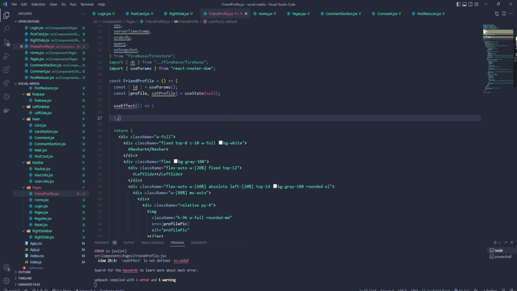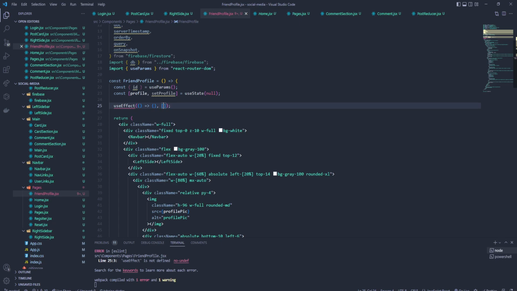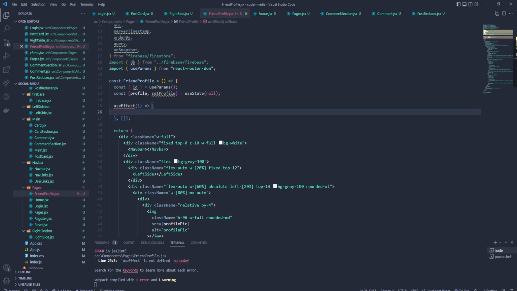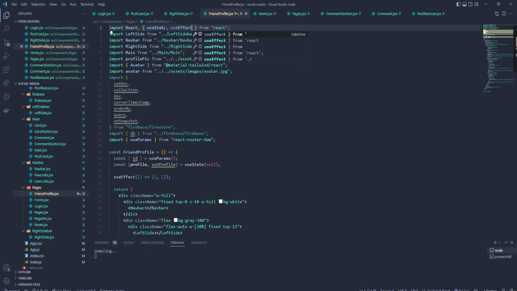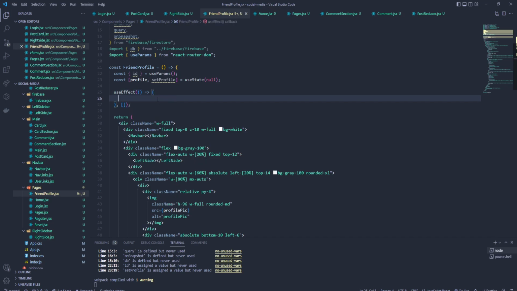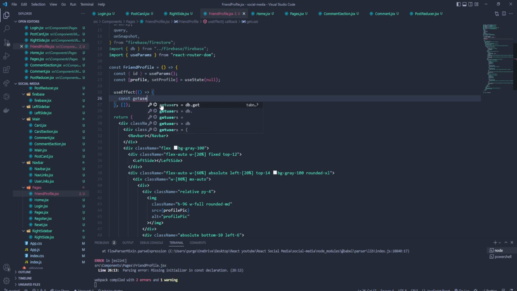Over here let's add that, and let's create a variable inside. Let's delete this, use effect, and let's create something like const get user profile, wanna be async,